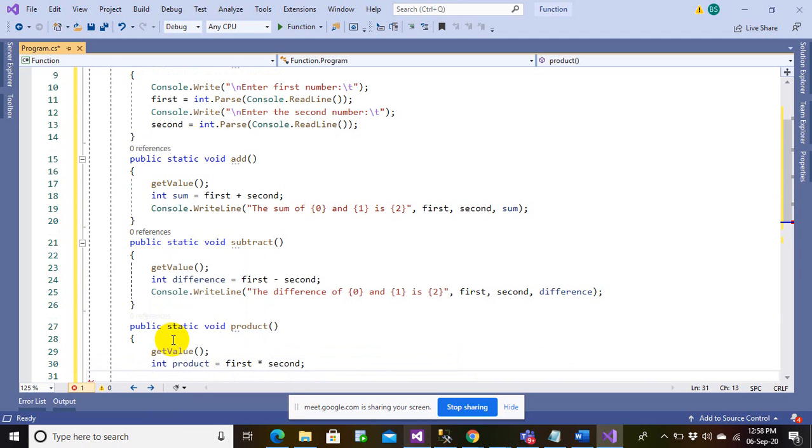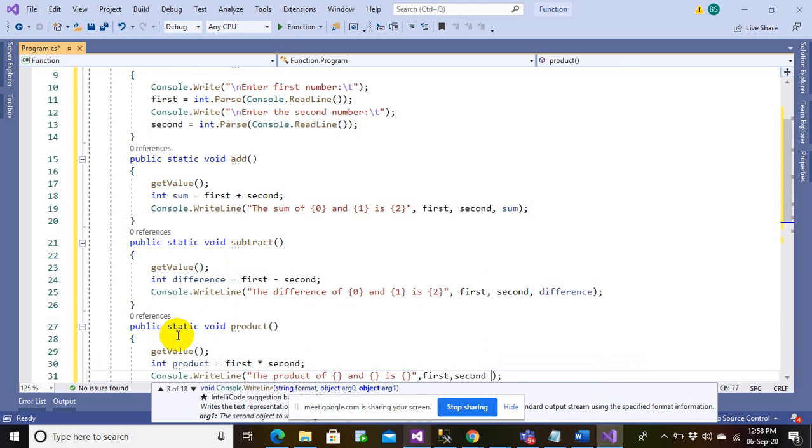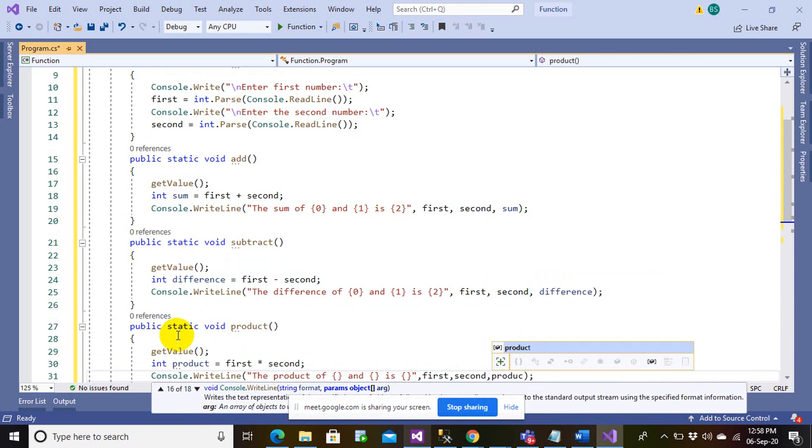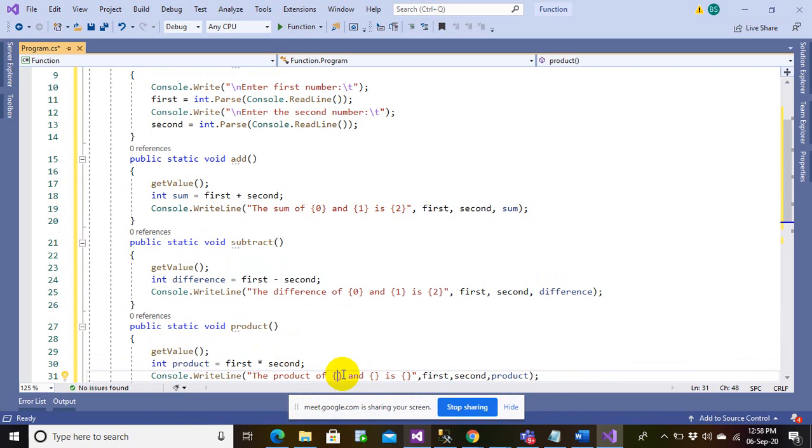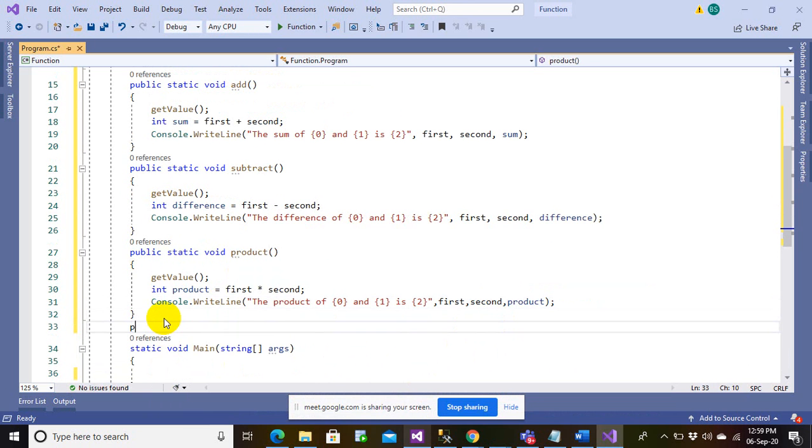And here I can display the product of so and so is so. Alright, so let's pass the value 0, 1 and 2. Finally, division.